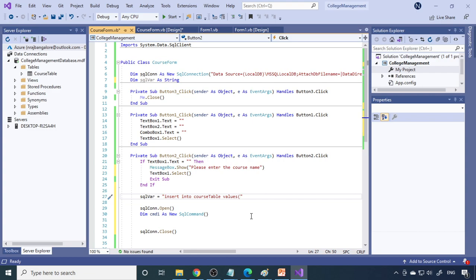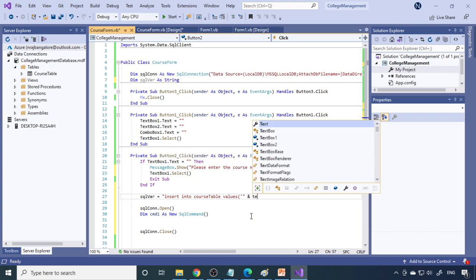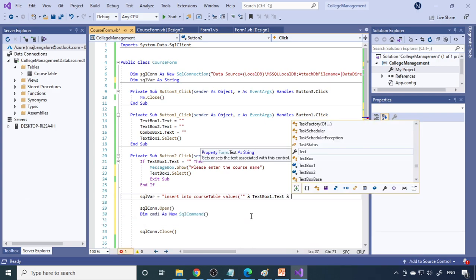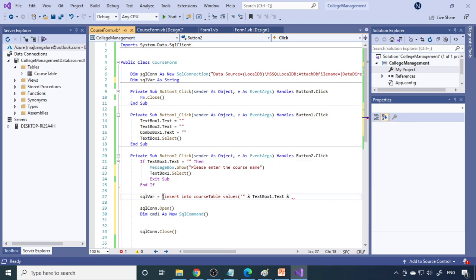Now for all the text, because if it's a text, you have to start with a single quote, then double quote, then ampersand, then you have to give text box 1, because the first value is there in text box 1. Therefore you can take text box 1 dot text ampersand. The ampersand is to concatenate the text. So up to this is one part. You want to join the rest of the thing, therefore it is ampersand. And after this value you want to join it again, therefore again one more ampersand, double quote, single quote, because we opened the single quote here and you have to add one more single quote at the end, both single quotes. Then comma, that is, the first column is over.